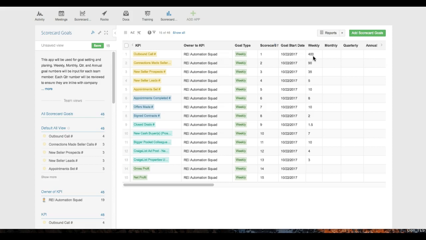Every week, this app is going to take these and grab all of these and create this exact same thing in the actuals area, and it will be blank in there with all your goals already filled in and the name and all that stuff. But what the actuals area has is a spot for you to fill out what the actual number is. So you'll go in on the actuals app on a weekly basis. If you're tagged on being the KPI responsible owner, you'll put in the actual number